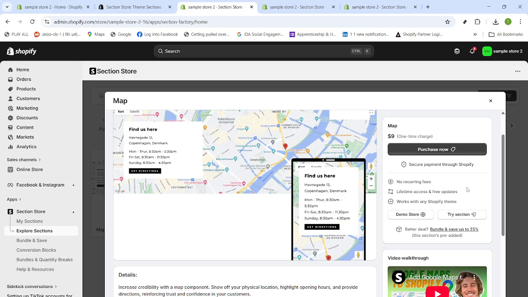It's a good idea to preview the section on both desktop and mobile to check readability and tap targets. That's all you need to get the map section into your Shopify store without touching code. If anything in your admin looks slightly different, don't worry. Labels can vary by theme and updates,